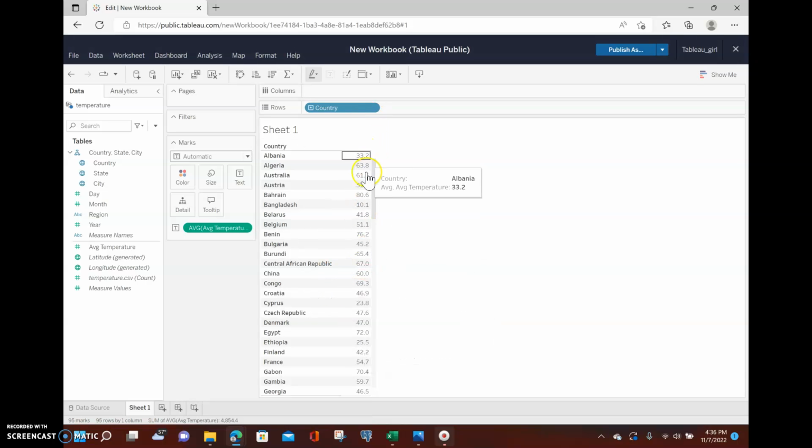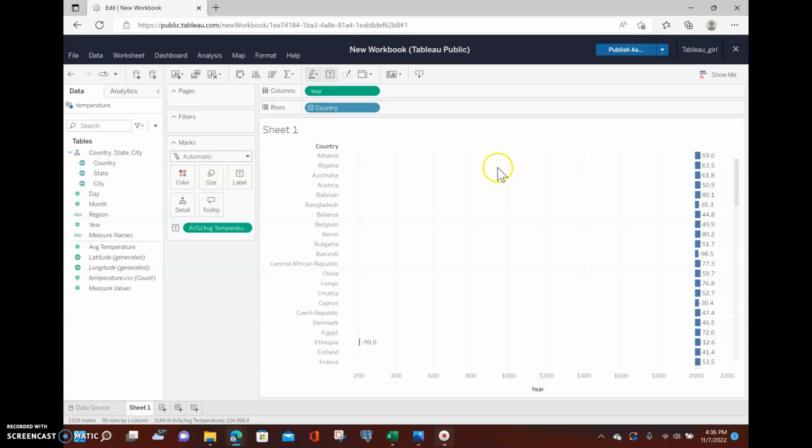So this is the average temperature for each of these countries. But again, we want it for a certain year, I guess, right? We don't want an average of all the years so far, correct? So let's do it. Let's put it here, and so it shows as the temperature for, hang on one second,